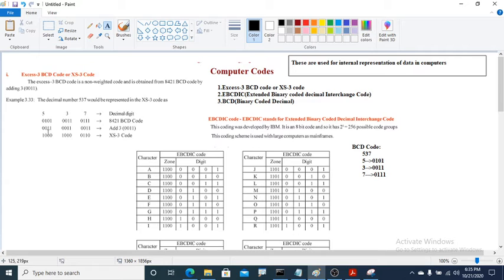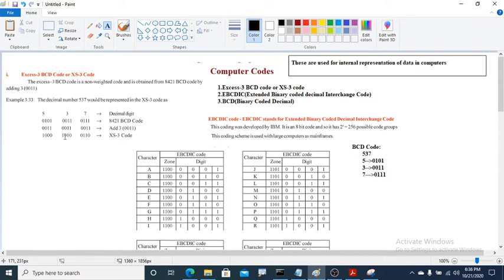All of you know the binary addition: 1 plus 1 is 10, 1 will be the carry. 1 plus 1 is 10, again 1 will be the carry. 1 plus 1 is 10, again 1 will be the carry. So 1 we are taking here, 1000 is the answer. Now 1 plus 1 is 10, 1 is the carry, 111 is the answer, 1 is the carry, 1 we are placing here, again we are placing 1. So 1 plus 1 is 10, 111. We are taking 1 here, finally 0. Sorry, the carry will be forwarded here, 10.